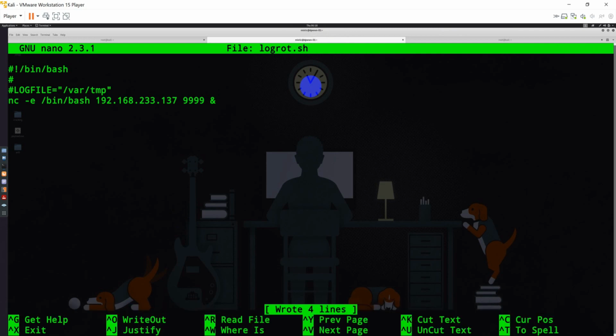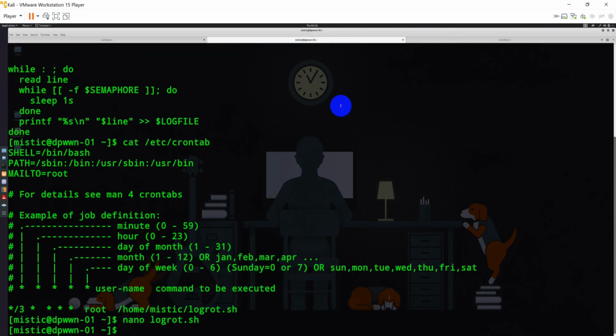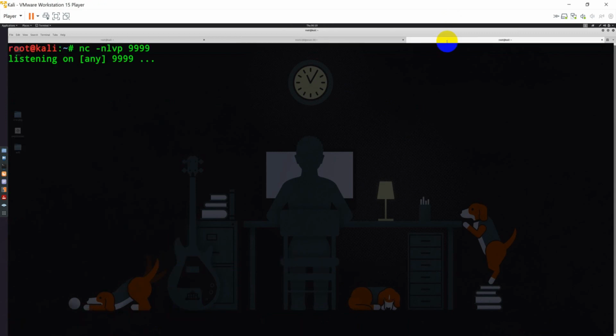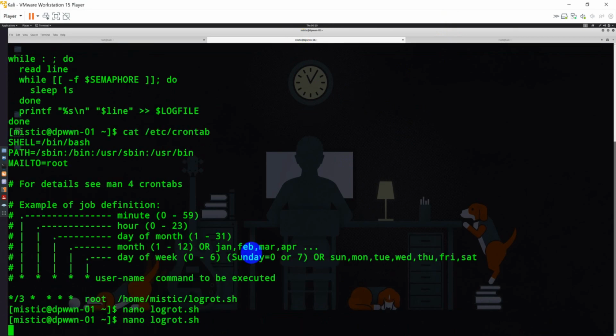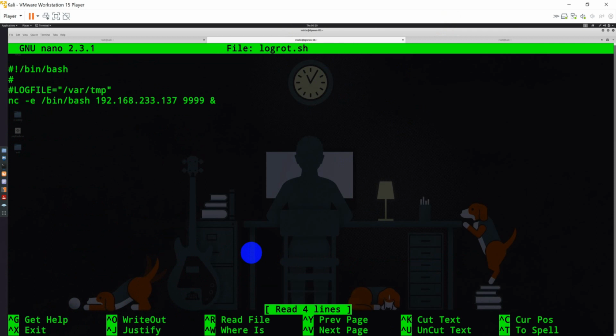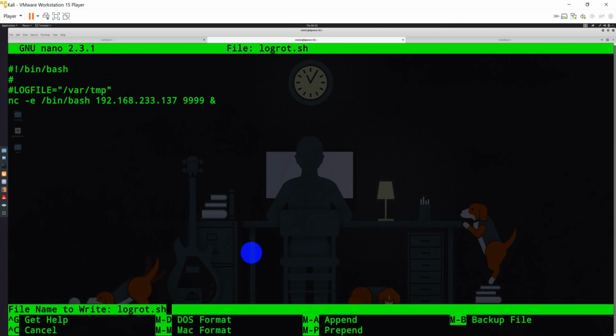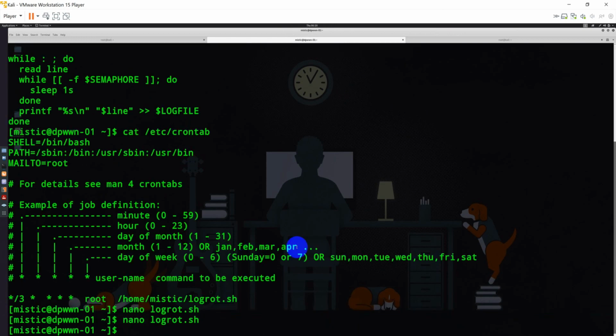Now all I have to do is wait for the particular task to be picked up and run, right? So we'll go here. I think it's still waiting. I think it's taking slightly more time. Let's go and verify if all the information is correct. Yeah, correct. So hopefully it should give a reverse shell here by now.